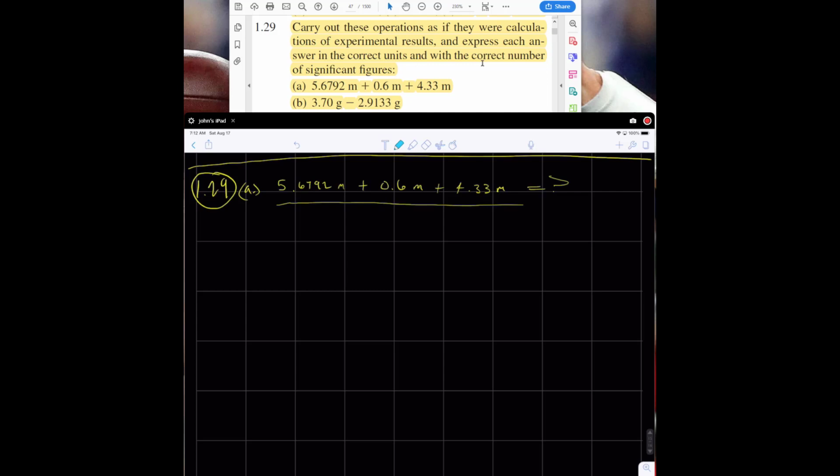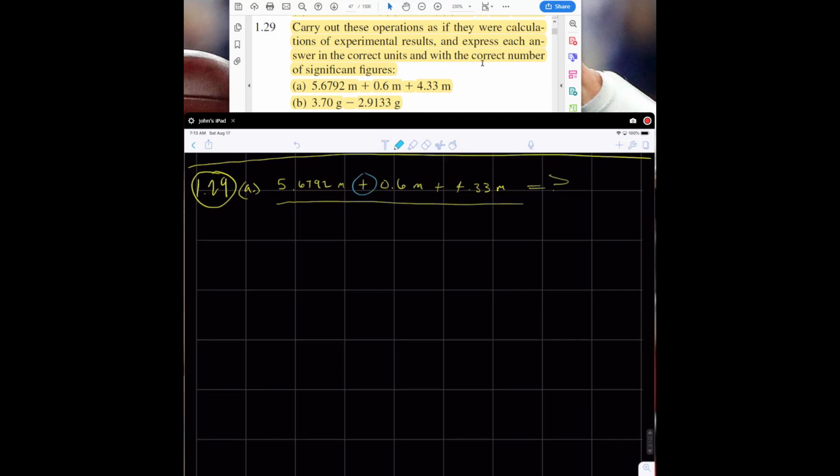You got to make sure that you're reporting the correct number of significant figures and not too many, things like that. So we'll use these grid lines to set it up. The first thing first, we identify the operations here. It's going to just be addition. So we set this up